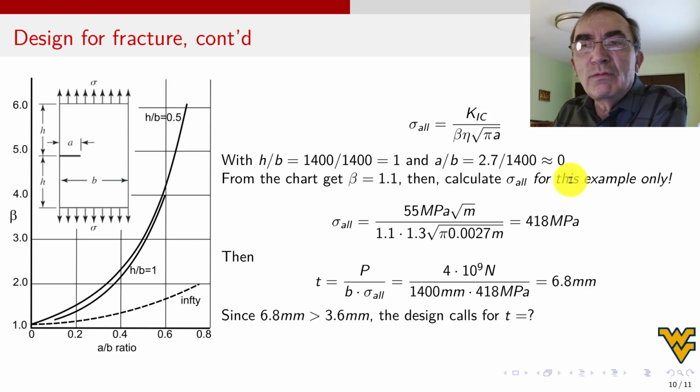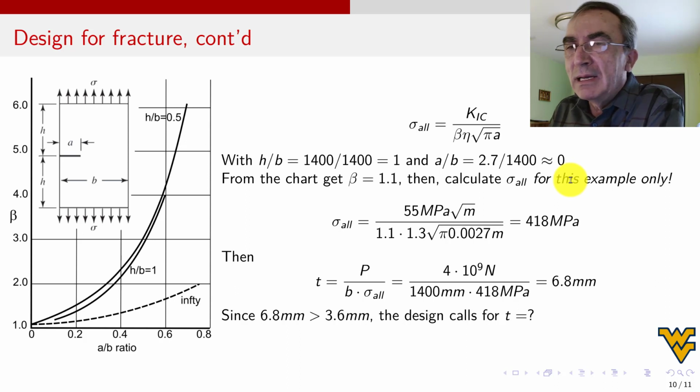I'm saying this because if you are used to ASD, allowable stress design, then in a strength design, the sigma allowable is fixed, because once they say the safety factor has to be 1.3, then you knock off the real yield strength by 1.3, and this number never changes. But in the context of fracture mechanics, this number is changing all the time, okay? It's just that I use it for convenience.